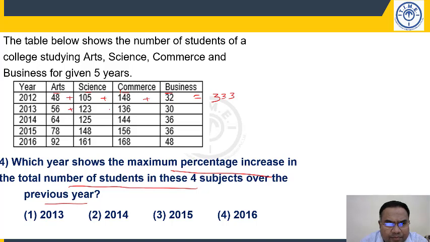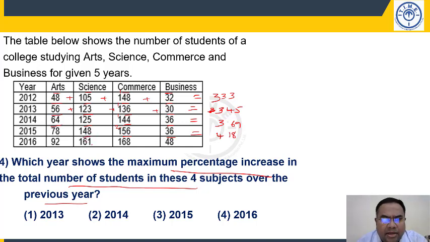Take this total. 30, 36, 66, 89, 145. 1 carry forward, 2 plus 1, 345. Right, so it is 345. Now, add this: 36, 44. How much? 80, 105, 169, 1, 2, 369. This total. Then add this: 36, 56, 92, 140, 218. 2 carry forward, 2, 3, 4, 1, 8. Then the last one, 48, 68, 116.